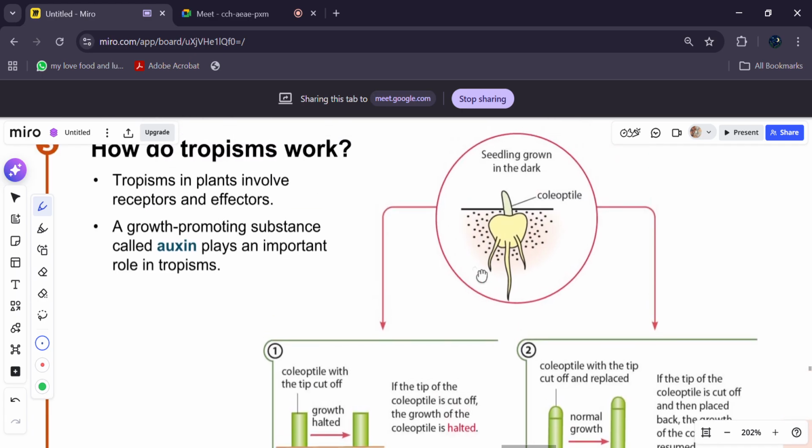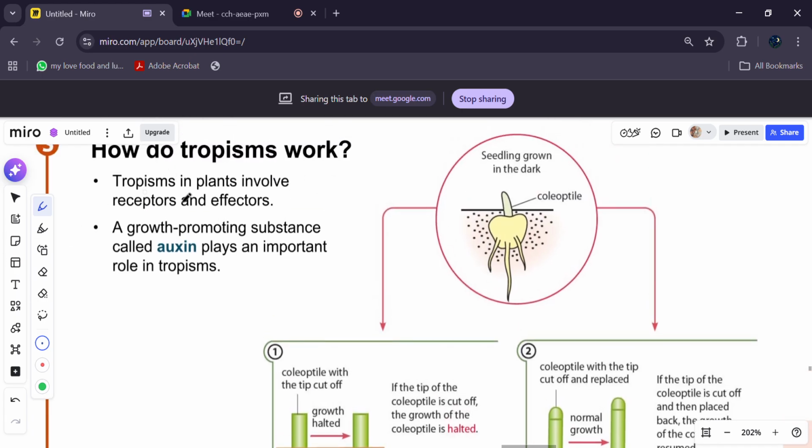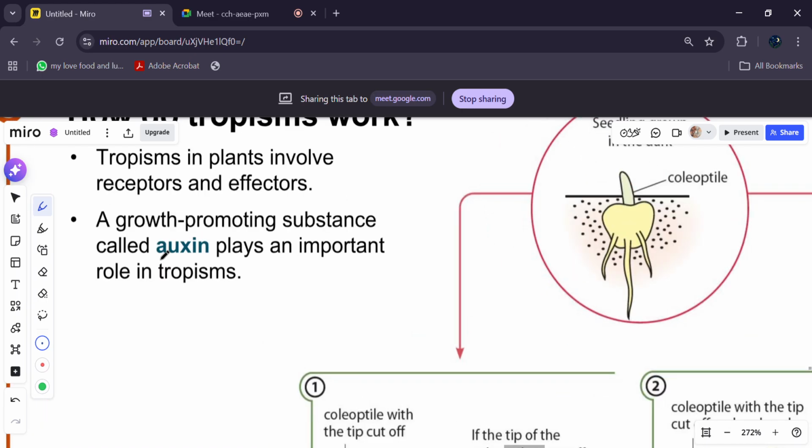So how does tropism work? Tropism in plants involves receptors and effectors, just like human beings. A growth promoting substance called auxin plays an important role in tropism. Basically, when a